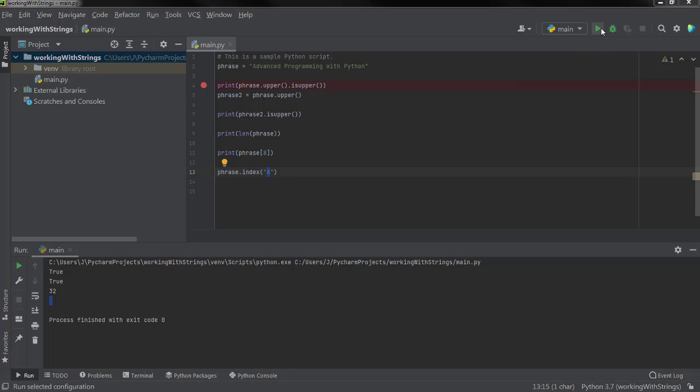So when we run this, it must give us the character value. Actually, I didn't print it out. So let's print it out. Let's write it inside a function. What it's going to do is tell us at which index the character A is in this string. You can see here that it showed us that character A is on the